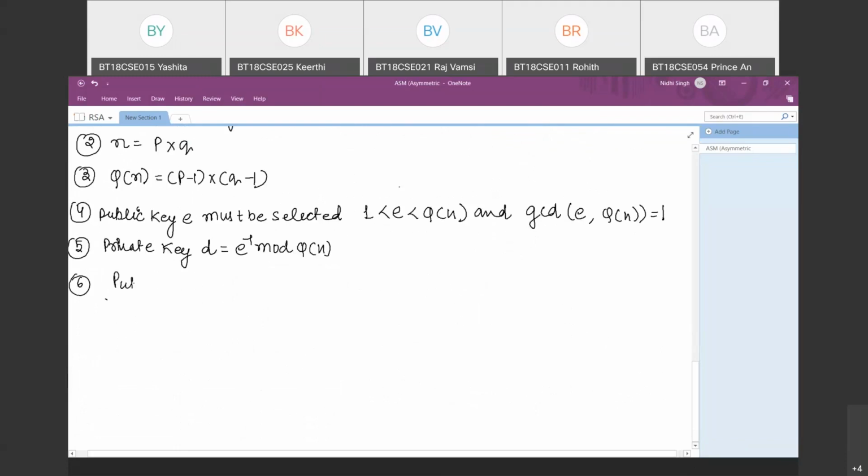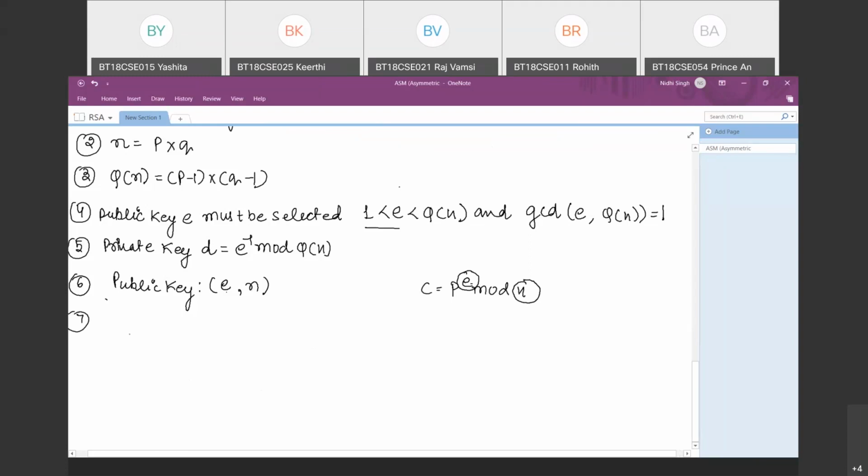Now the RSA uses a public key for the encryption process, indicated as a tuple. This tuple consists of two values. The first one is E that we have calculated, and the second one is N. Because my encryption process says C equal to P to the power E mod N, right? So two things you have to calculate: the first one is N and the second one is E. N and E both take an equal part in the public key of the RSA crypto system in the encryption process. So that's why the public key is a tuple of two things, E comma N.